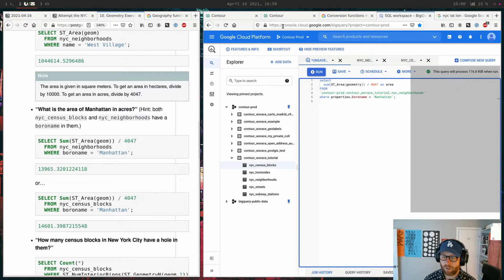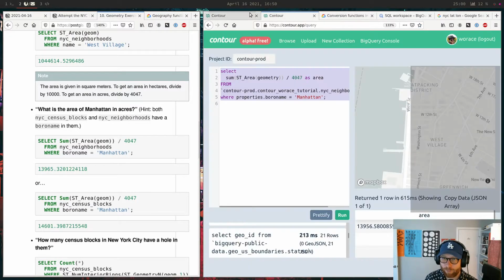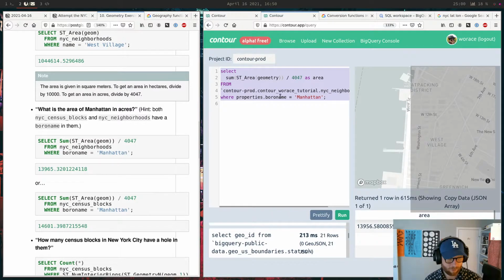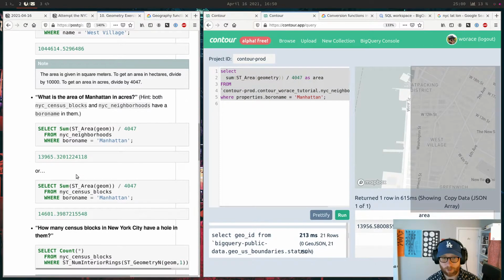116 KB. I mean, that's pretty cool, to be honest, because you could literally run this query all day long and you will never even use up more than the 5 terabytes of free that they give you a month, you know. So that is pretty nifty, to be honest.